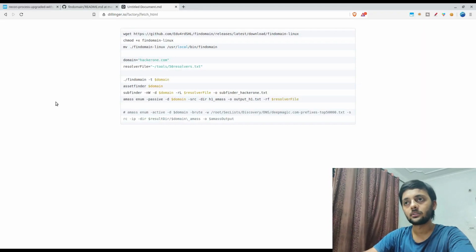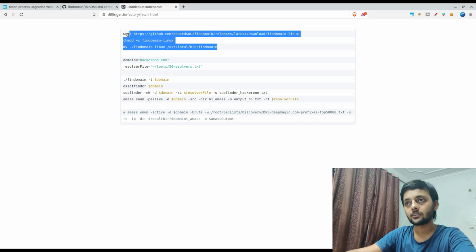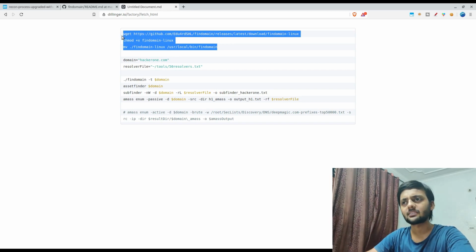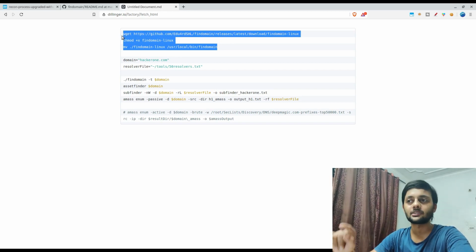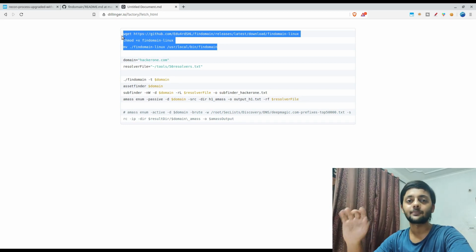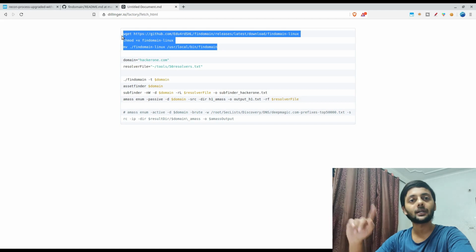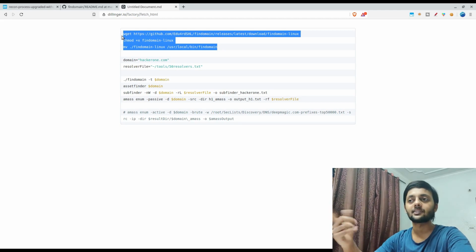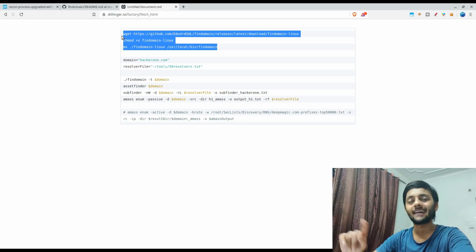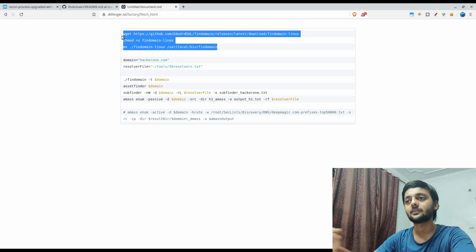So just copy these commands. These commands are in the description, I guess. If not, it's because there's some limit, some characters cannot be written into the description. So I would have these in my script file on the GitHub repo as well. I would have the link for that in the description as well.